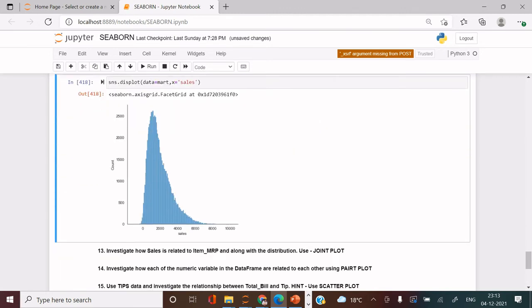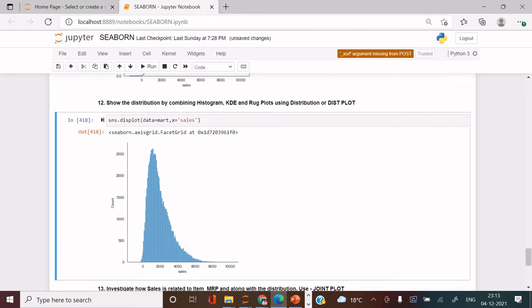By default it gives you the histogram, which we just saw at the top. This plot provides the functionality that you can combine many things. Because the data size is huge, I'm going to make it a little smaller. I'll take a sample of 200 records, which will make the execution faster.